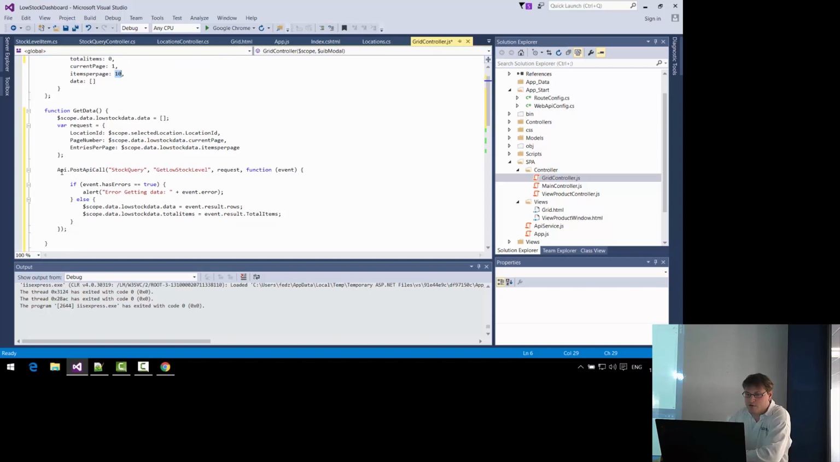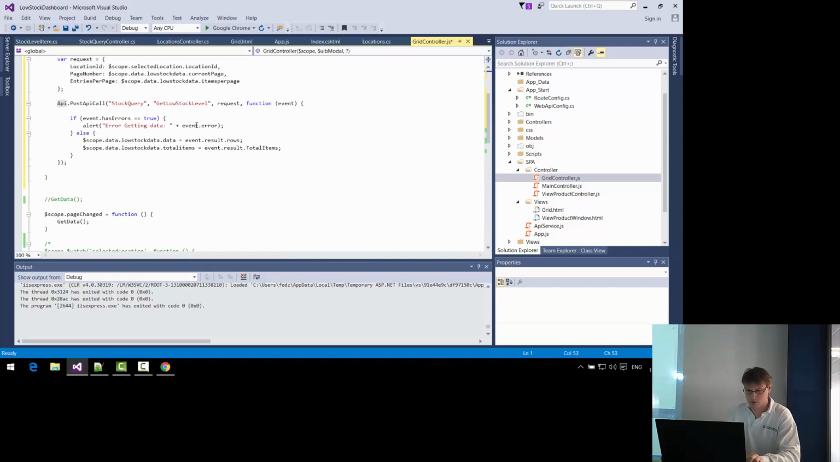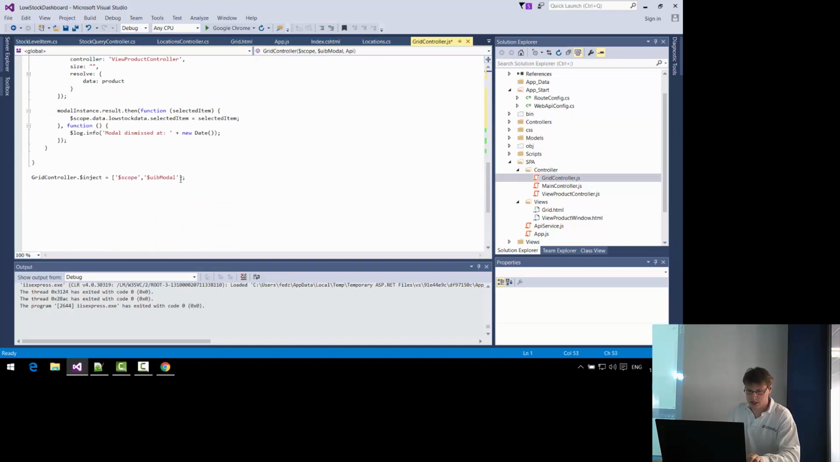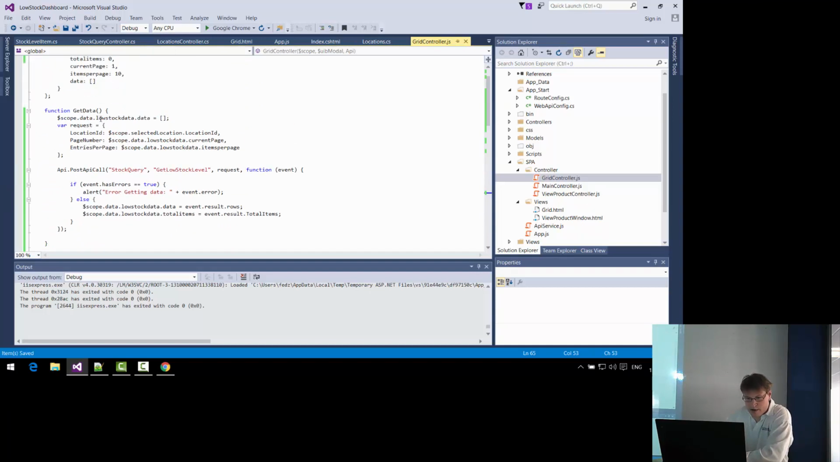And then instead of using a get method from the API, we're going to be using the post method, post API call, which reminds me that we don't actually have the API declared in our grid controller, so we haven't injected that yet. Let's do that, otherwise it won't work. Declare that as a parameter, and also go and inject it into our controller. Okay, so now that we have it,